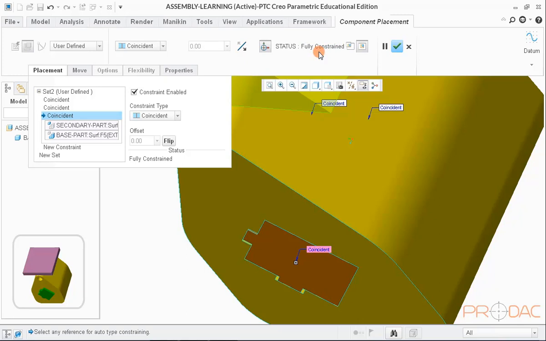But as per final assembly requirement, this part surface needs little offset. We can see this offset in the bottom left picture showing the final assembly condition. We'll be providing the offset of 5 mm by choosing the constraint type distance.